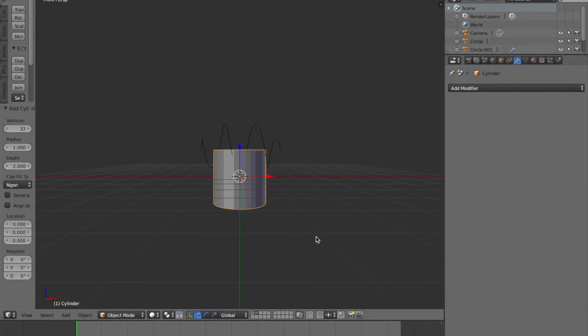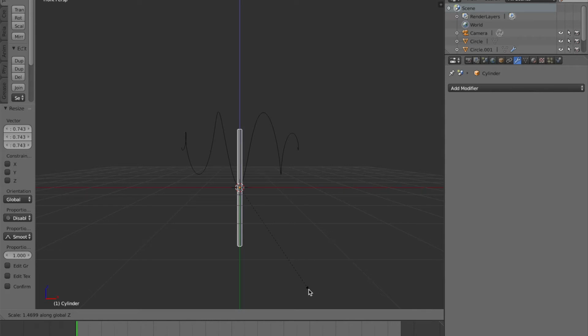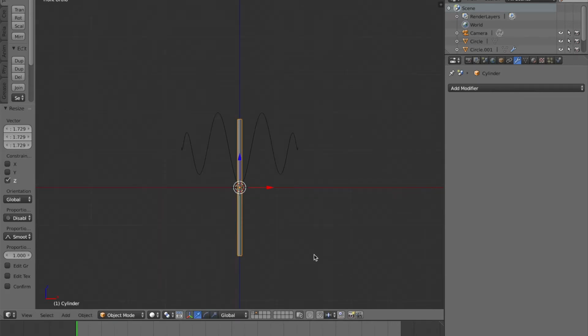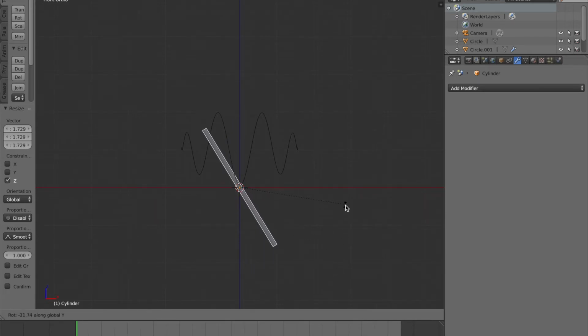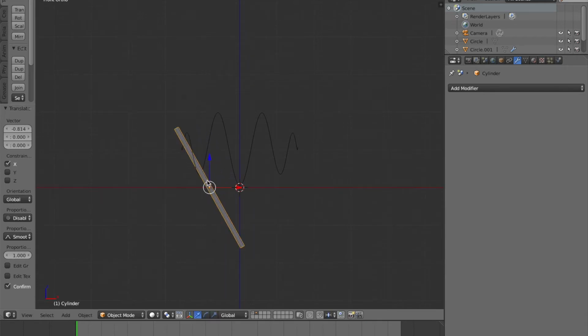So first thing we're going to do is make this a lot smaller, so hit S and then scale it down with the mouse, and now we're going to stretch it out vertically. So hit S and then Z, stretch it out this way, and keep doing this until you've got something that's reasonably small and reasonably long. Now, hit 5 on your number pad to go into orthographic view, and rotate this along the Y-axis, and move it around with these arrows here, until